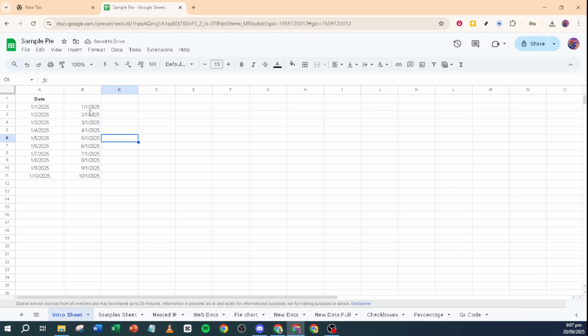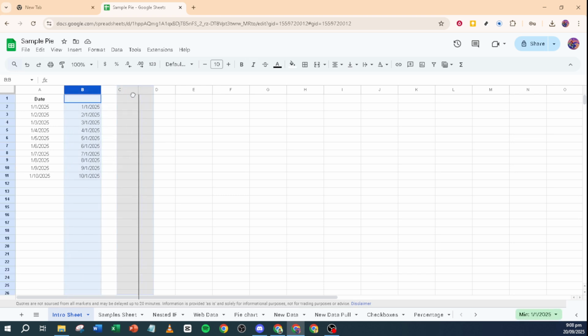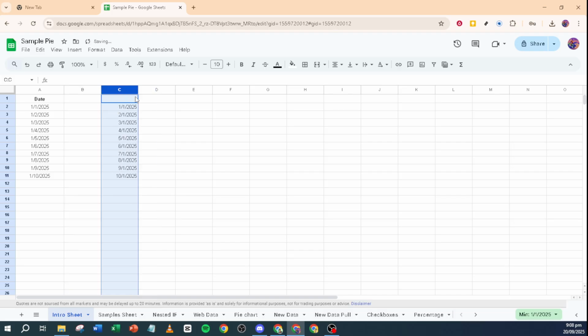While holding down, drag it downwards if your dates are in a column or across if they're in a row. It's up to you how far you drag it. The cells you select by dragging are the ones that Google Sheets will fill with the continuing sequence. Once you've dragged the fill handle across the desired range, release the mouse button. Google Sheets will automatically fill the cells with the subsequent dates in chronological order. This fills in the dates efficiently, saving you from entering them one by one manually.